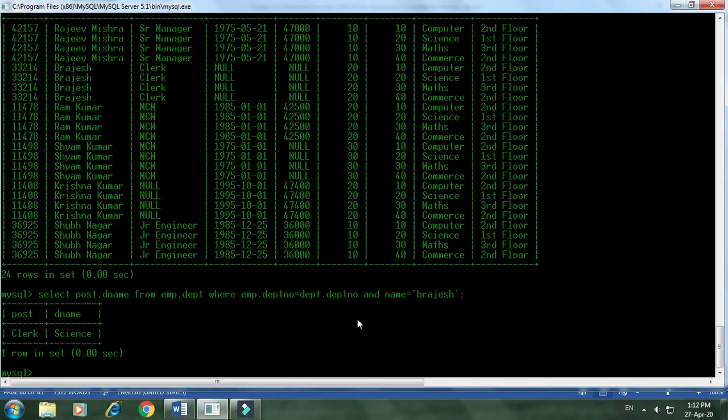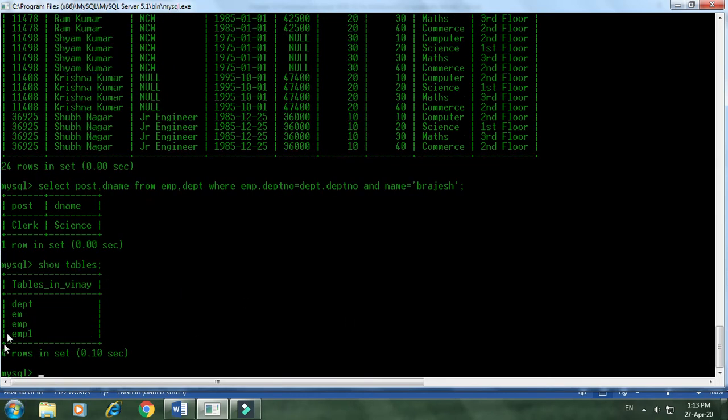To access data from another database, you can see here in this particular database which I have opened how many tables there are. Show tables. See what tables we have. We have only four tables: department, EM, EMP, and EMP1. Now, if I want to access from another database which I have created already, the hotel database and customer table which we have already used and given a demo of, see, I'm accessing from there also.